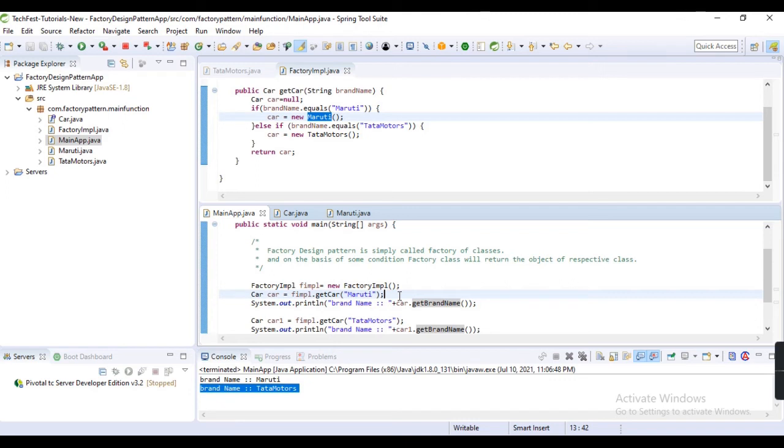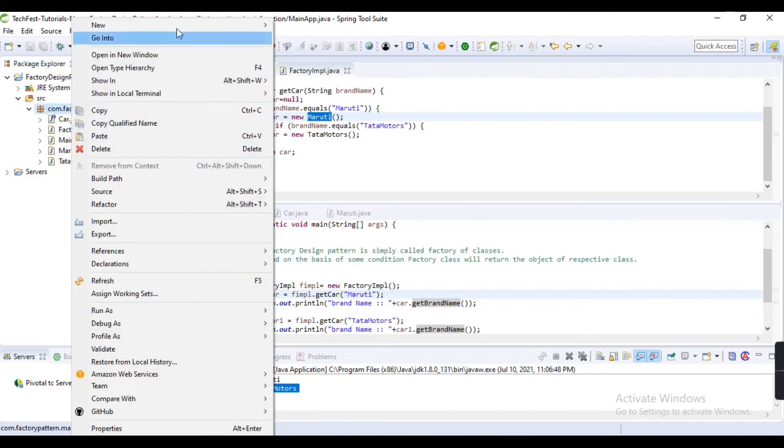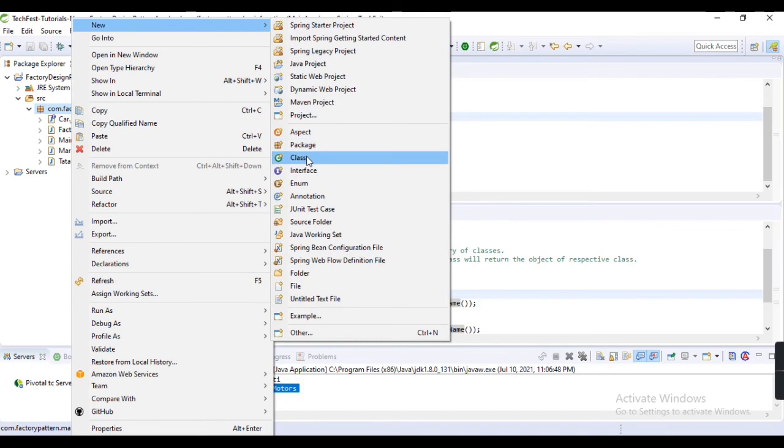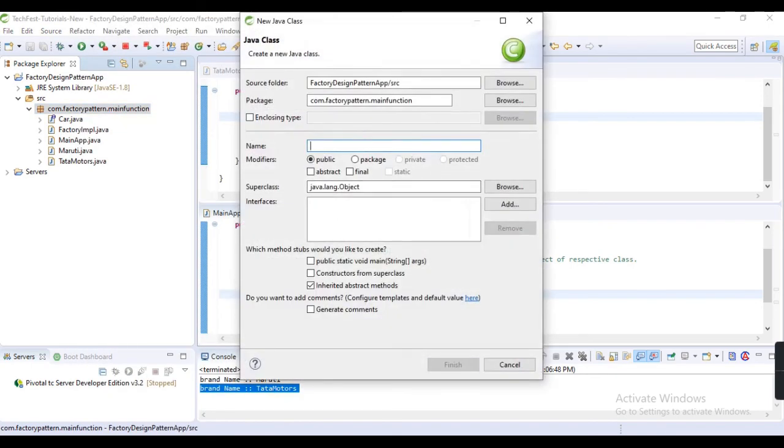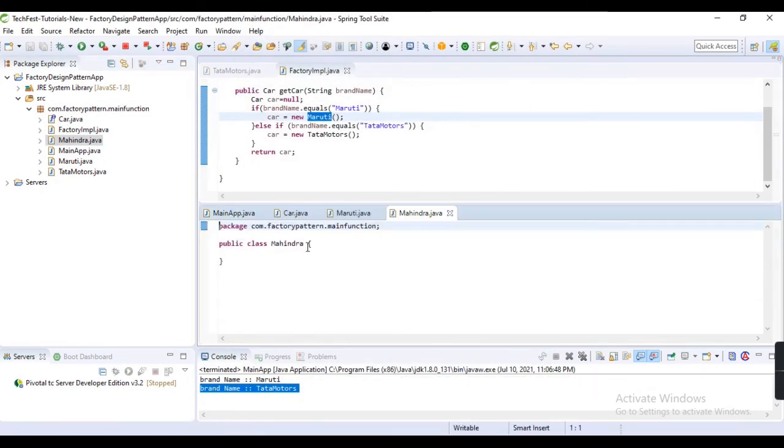We can implement more classes. Here, for example, we can implement one more class called Mahindra.